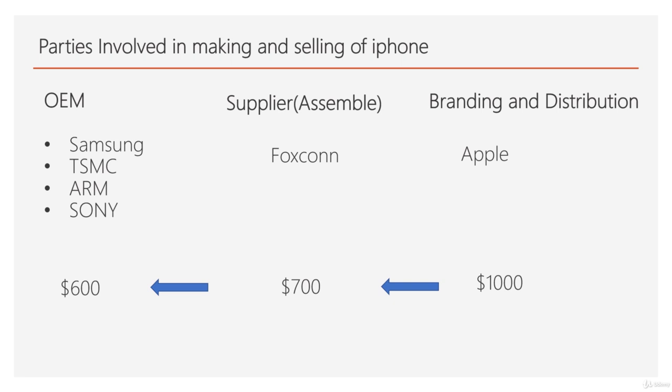And in this whole game of different partners, Foxconn uses two very basic strategies called economy of scale and economy of scope. And we will discuss economy of scale and economy of scope later in this video. But just to give you a perspective, Foxconn is a good company. It really earns a lot of money, but its per unit earnings are low. While Apple works a lot more on branding, distribution and research and development,